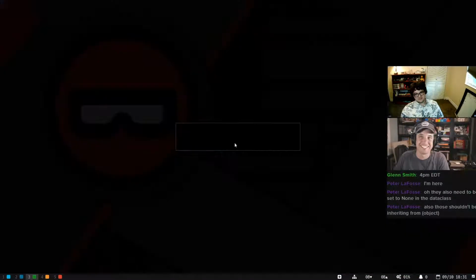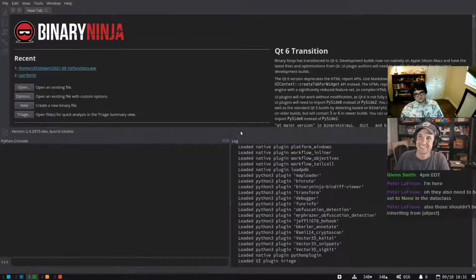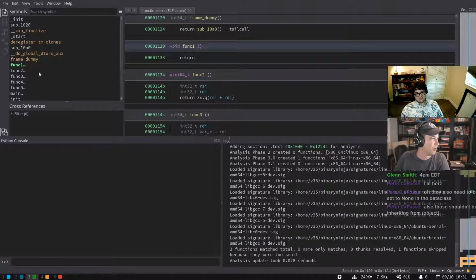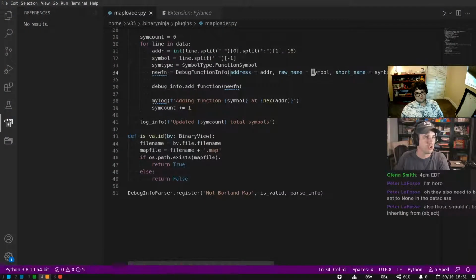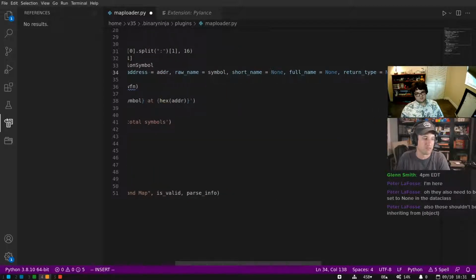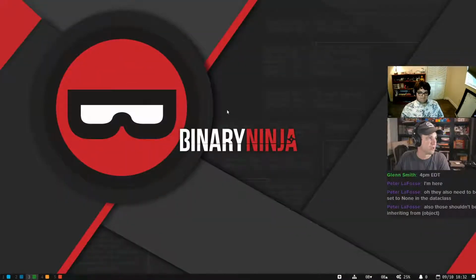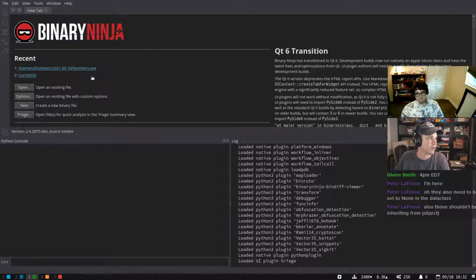Let's see. Yay! Function 1 dot dot dot. Oh, why does it get a dot dot dot? Oh, what? Oh. Hold on. Let me just set raw name and short name to none. Full name none, because I think there's some different behaviors there. I've never really played with that because I'm so used to just using one name and letting core figure it out.